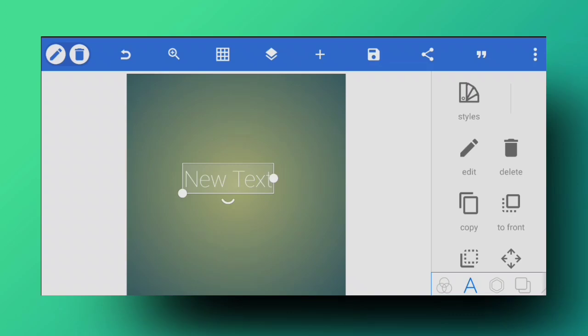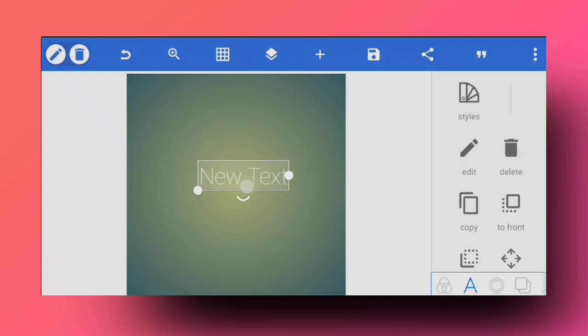So I'm going to explain the basic tools first and how they actually work, and then you might also get to know how I actually use them in creative ways. Okay, so the first one will be the styles one. I think this is a hidden feature that nobody, or a lot fewer people, know, and that is that you can actually save the editing of your text.